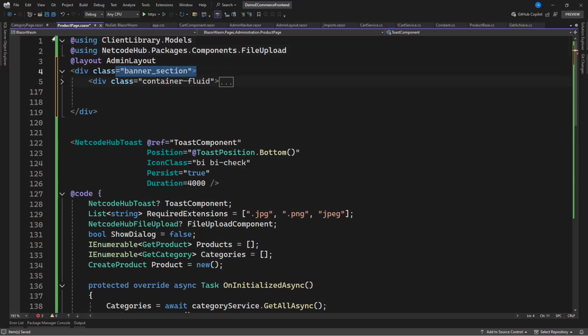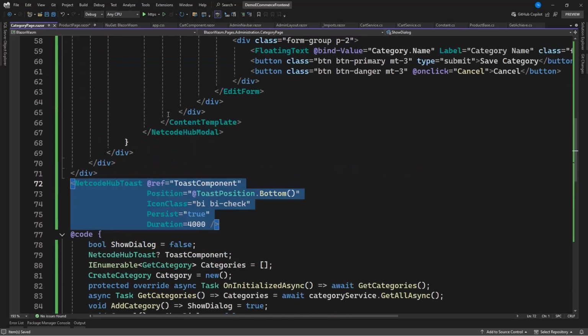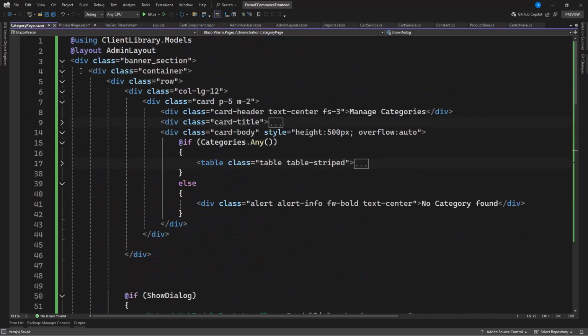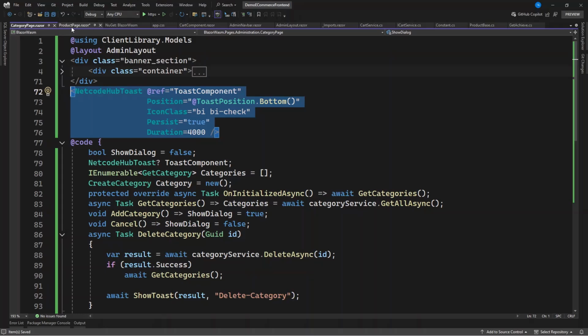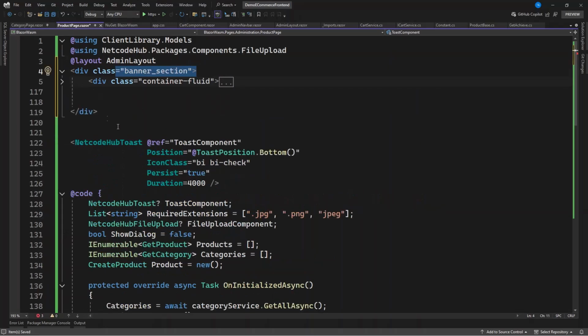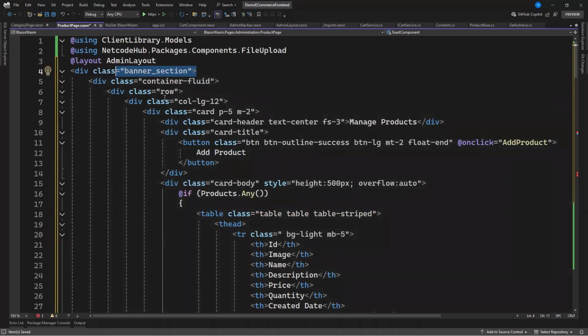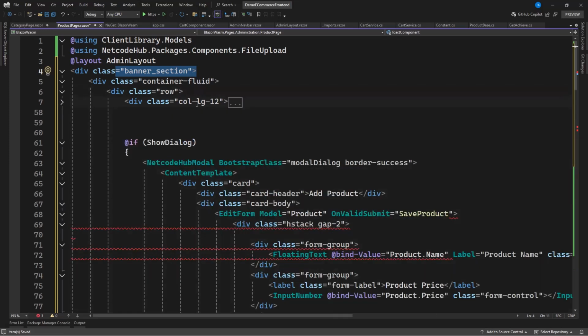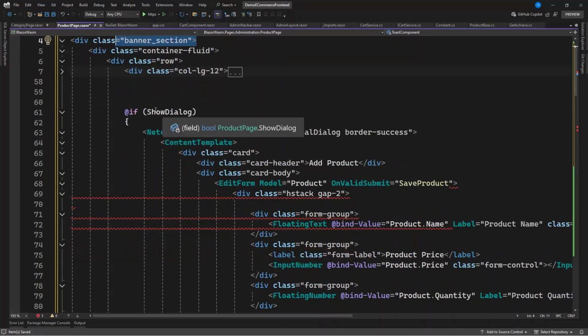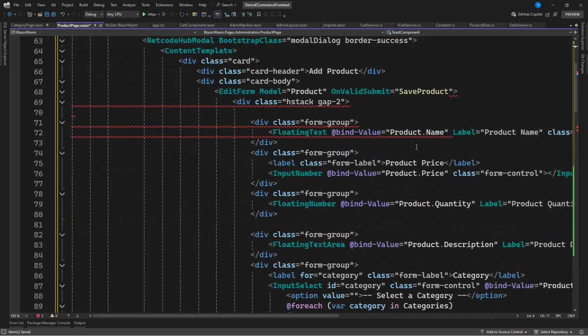Banner section is the same thing as the category, container fluid. So in that category, we made it as container, but here, since it's going to have a lot, we're going to say container fluid, so it can cover the entire space. Then we have our row in that. Now in the row, we have this column LG12 for the whole row. Then down here, you can see we are having show dialog. In case it is true, we want to display this. But here there's an issue which is saying that